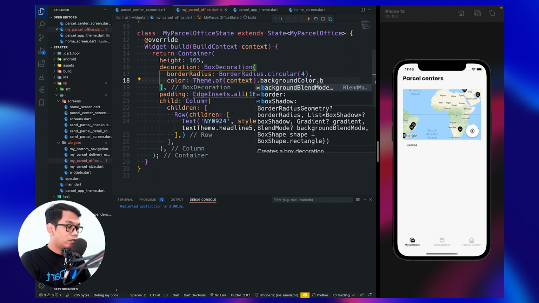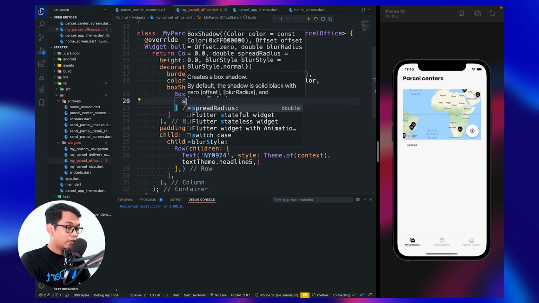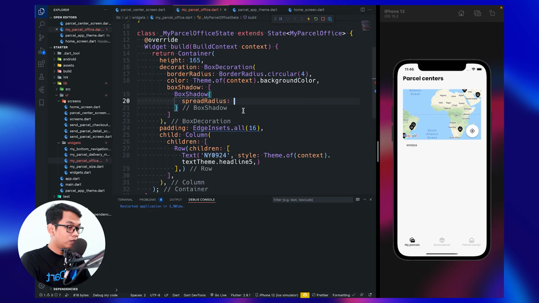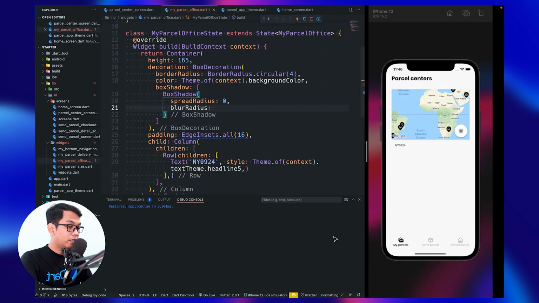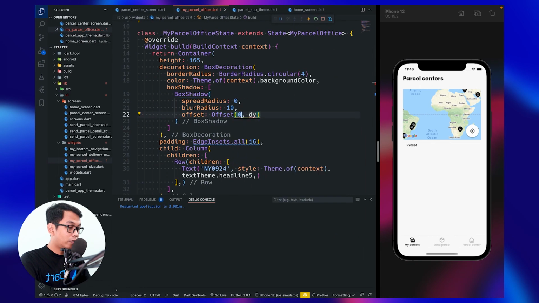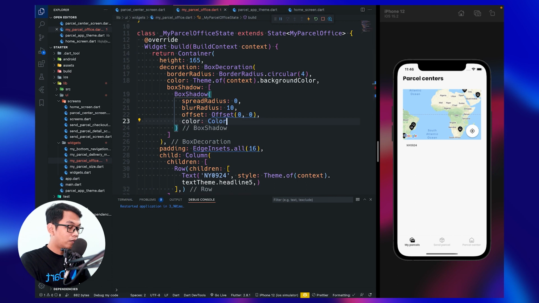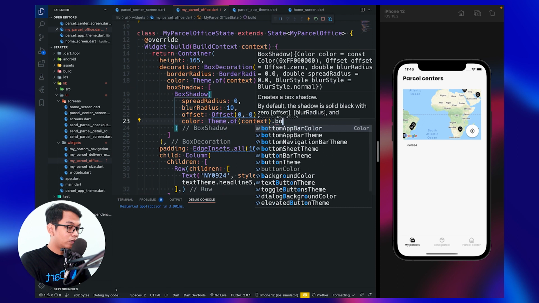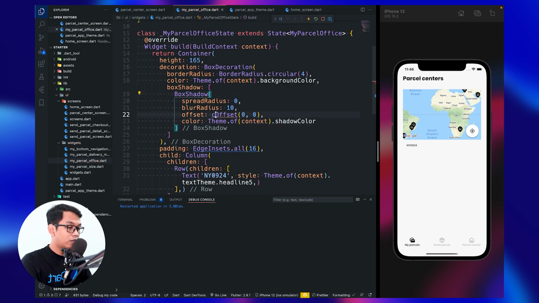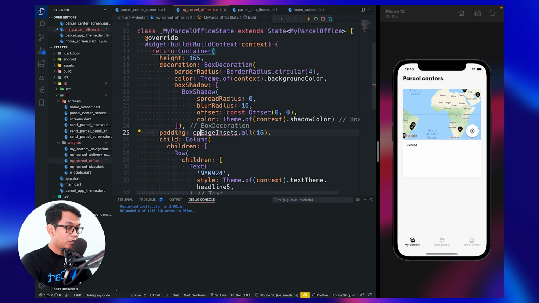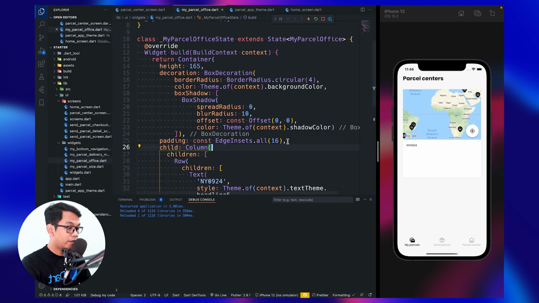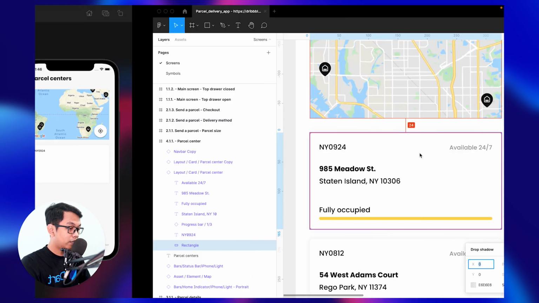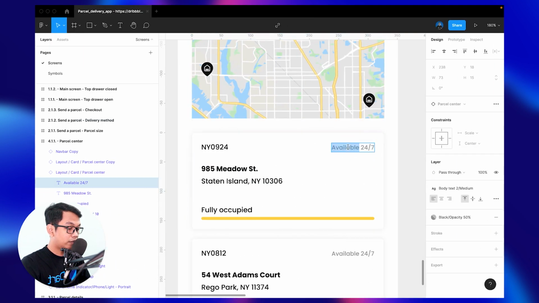For the box shadow we say spread radius 0, blur radius 10, offset 0, 0, and for color we use from our theme, which is shadow color, and add const here. And now we see a little shadow, and maybe we add a sized box here, 24, like this. And the next widget is a text widget again.